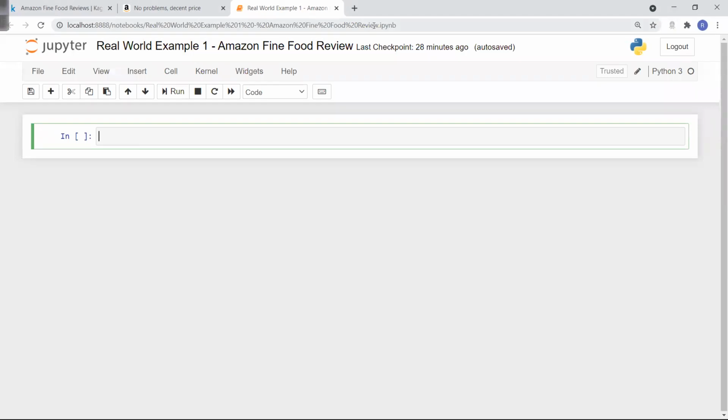A few packages have to be imported to achieve this. As of now, two packages are important for reading this data from my SQLite file. One is import sqlite3.